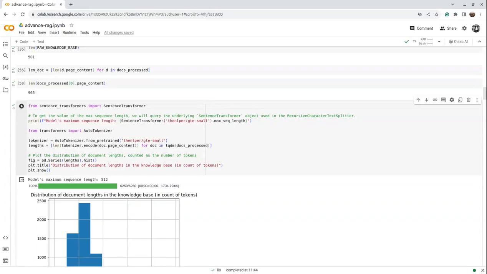Next point. From sentence transformers, we import the SentenceTransformer library, download this particular model, and get the maximum sequence length. Then from transformers we take AutoTokenizer, apply this model, and load it as a tokenizer. Then we apply the tokenizer onto the documents which were processed in the earlier stage. So if we run this,